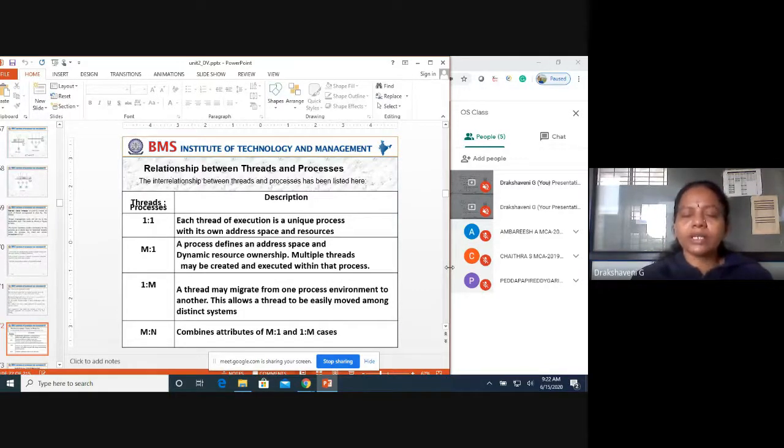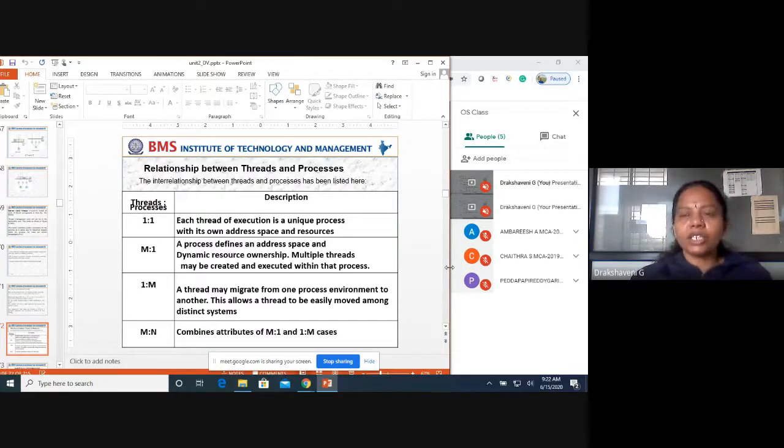And the last one is many-to-many. Many-to-many means I may have many threads combined for many processes. So that's what we have seen in all 3 diagrams. A single thread means only one process, one thread. That is an example of the one-to-one relationship. And we have seen many-to-one, many threads but one processor. That's the second relationship.